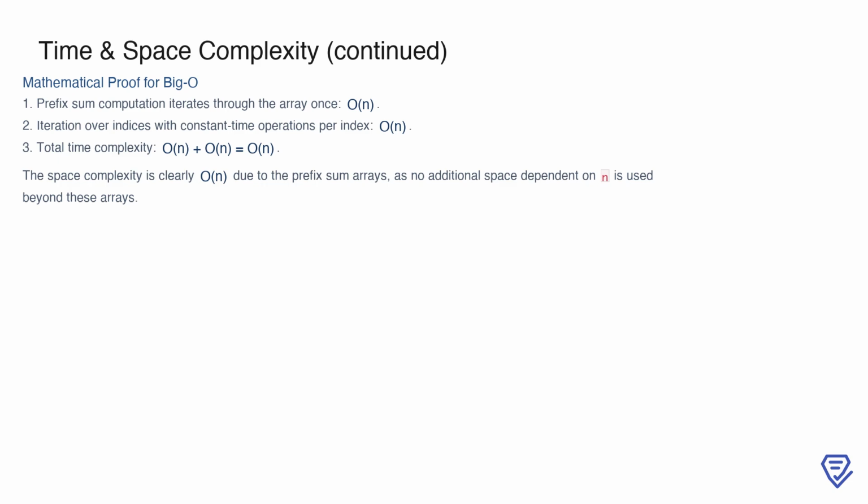Adding these together gives a total time complexity of O(n) plus O(n), which simplifies to O(n). For space complexity, the prefix sum arrays are the primary contributors, requiring O(n) space to store cumulative sums. Since no other significant space-dependent structures are used, the overall space complexity remains O(n). This analysis confirms that the solution is efficient in both time and space usage, making it well-suited for large input